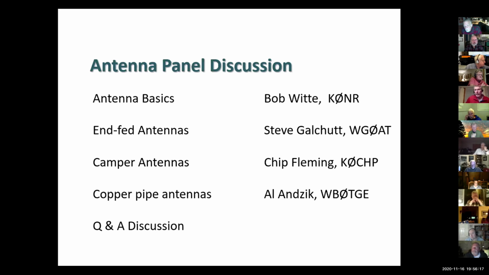We actually started some interesting antenna discussions in the Connect time before the meeting actually started. A lot of it was on antennas. So that's what we're going to do. I'll kick it off